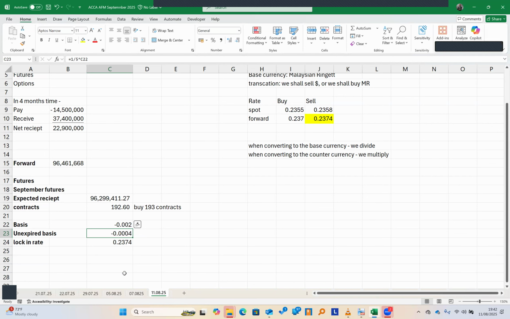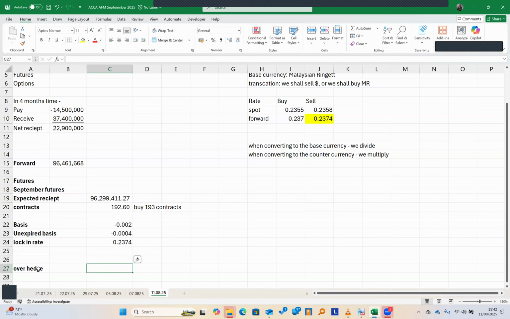Because we are not receiving 96.299. We are going to basically receive the rate when you multiply by this or divide by this, but also consider the amount which you actually overhedged. So first of all, what is the amount that we overhedged? So the overhedge,